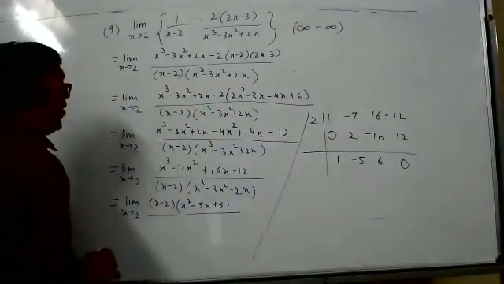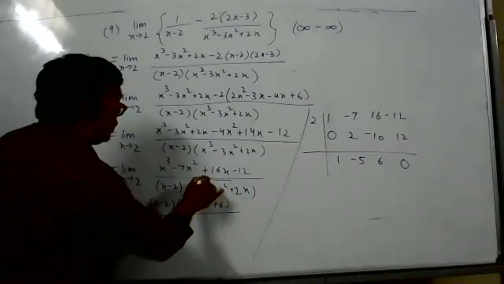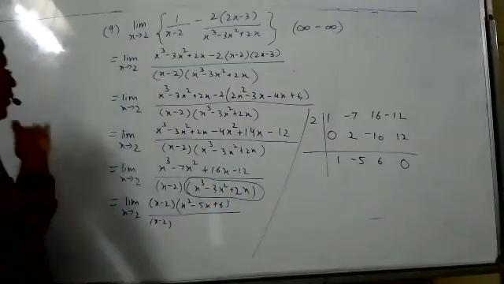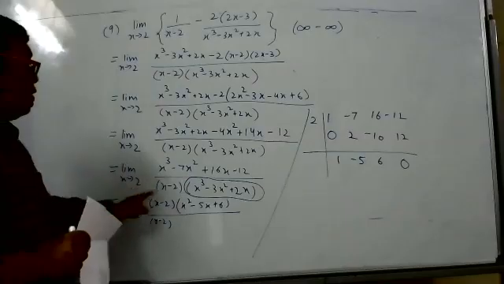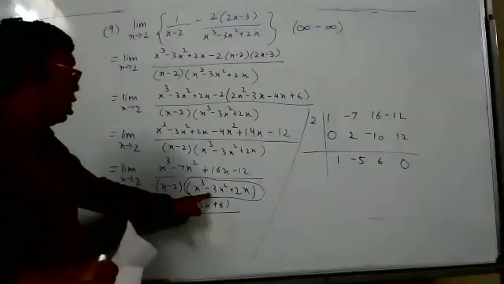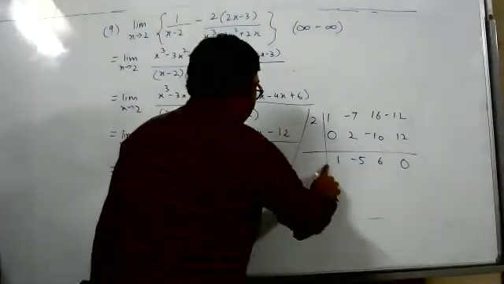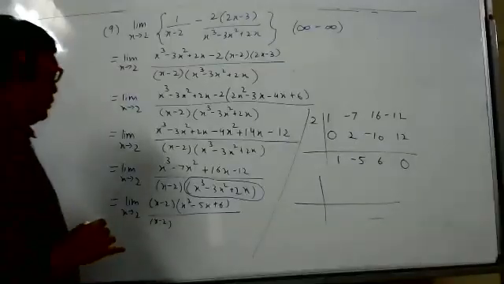Now one more thing. In this polynomial, put x is equal to 2. What will you get? Only in this polynomial. Put 2. Sir, we'll get 0. This means for this polynomial also, the factor is x minus 2 and 2 is the root. So for this also, we'll do synthetic division. Sir, before that, can we factor out x, since it is in all three terms?